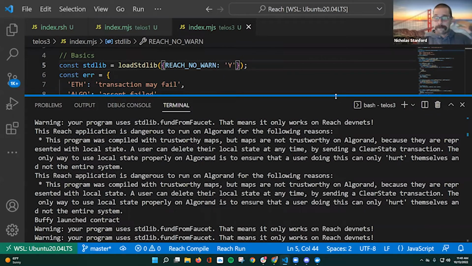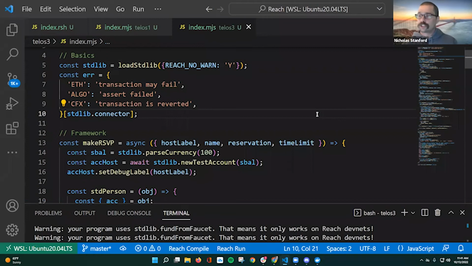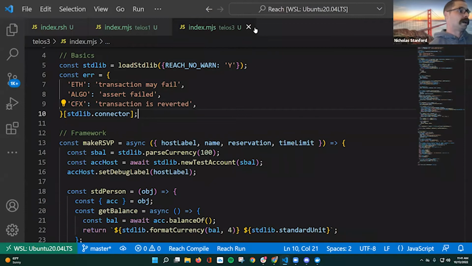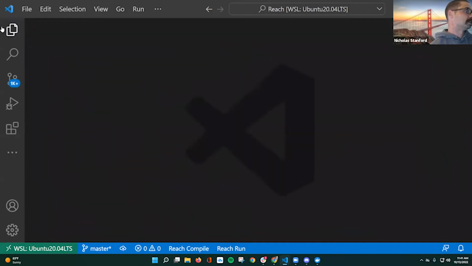There is a back end, your Reach code. There's a front end. This one shows JavaScript in a command line environment, right, in a Node environment. And then there's also your front end framework, your GUI framework. So if I wanted to pull open an application that has all of those pieces,